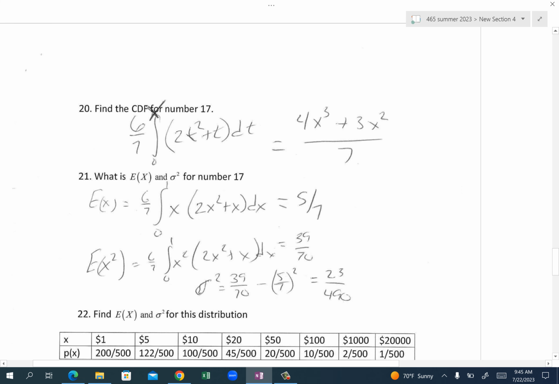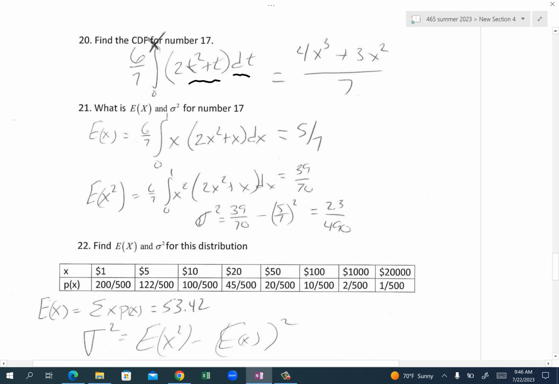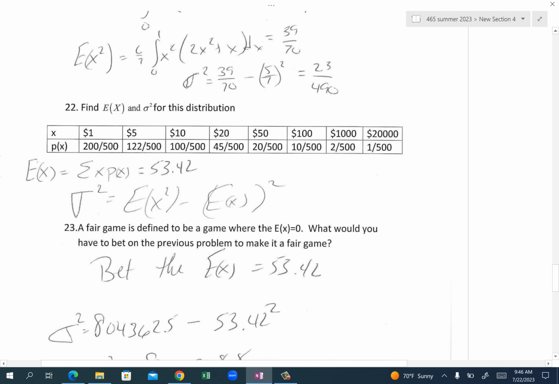There it is. So there's our CDF. Remember, if you're going to do a CDF, make sure that you put in different variables here and then you integrate from 0 up to x. Oh, look at that. Expected value. And there's our variance down here, of course. Okay. It's like I know what I'm talking about without talking about it.